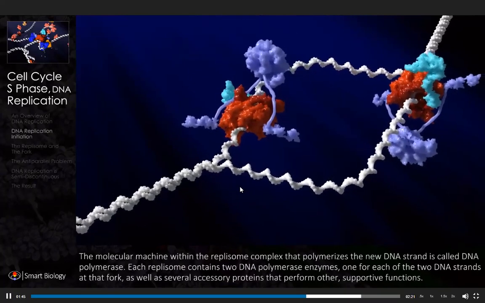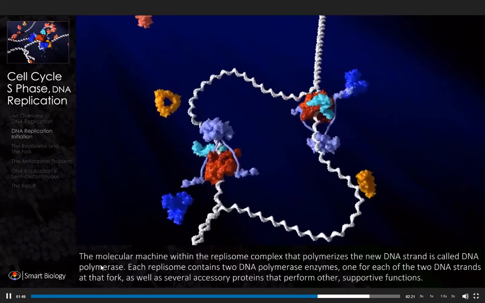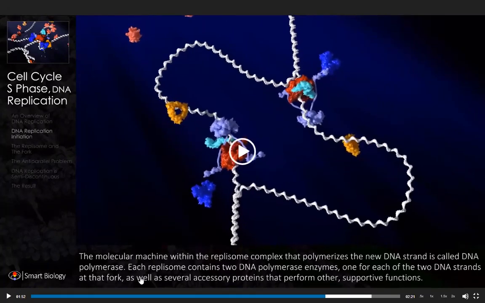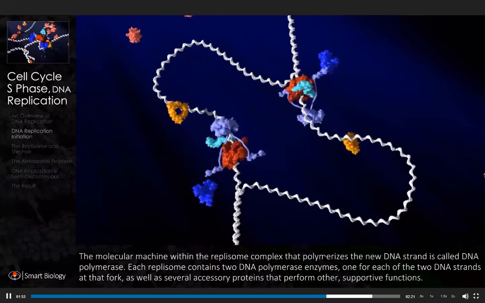So here, this is the replisome now. Within the replisome, we have a protein called the DNA polymerase. It has two DNA polymerases, one for each of the two strands, right? We have, remember, the two parental strands, and each of these two parental strands are going to be replicated by two different polymerases, two copies of the polymerase. Sometimes they can be different polymerases as well in eukaryotes. In bacteria, it's the same polymerase, but two copies of it, okay? One for each of the two strands at that fork. And there are several accessory proteins that we are going to focus on later. They're not shown or described very well in